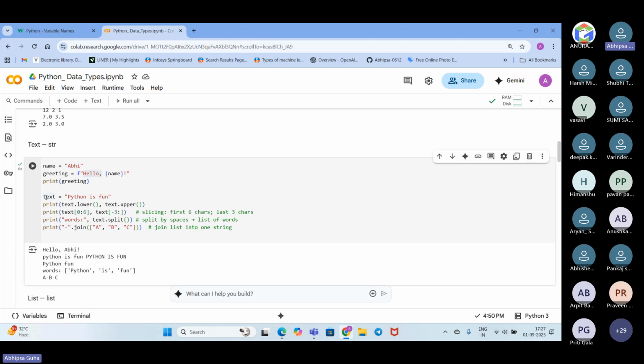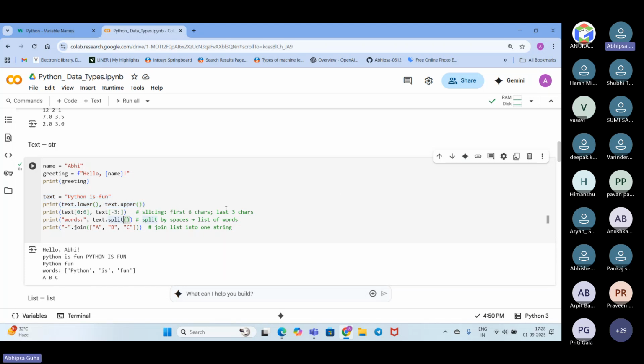Next, we will be checking other operations, the inbuilt functions we can think of. In case of string, we get inbuilt functions like lowercase and uppercase. If we want, we can transform a simple string statement or text into lowercase. Lowercase means we get the value all in small letters. Uppercase gives all capital letters. So this operation we are doing up here.